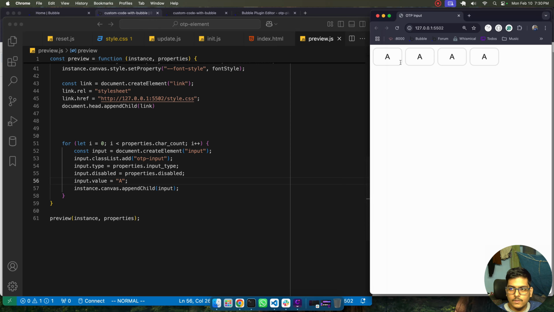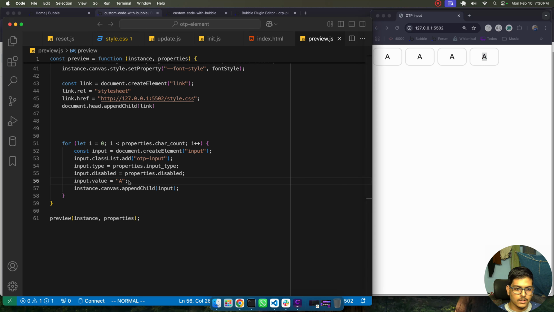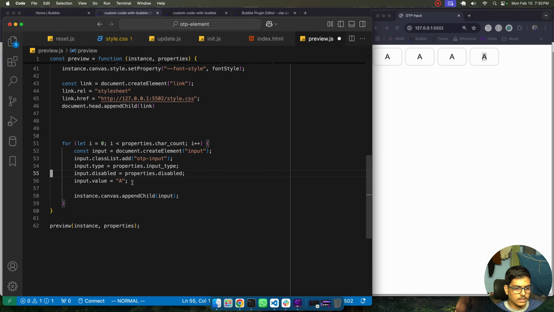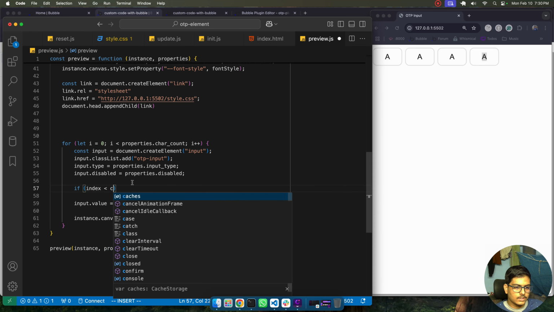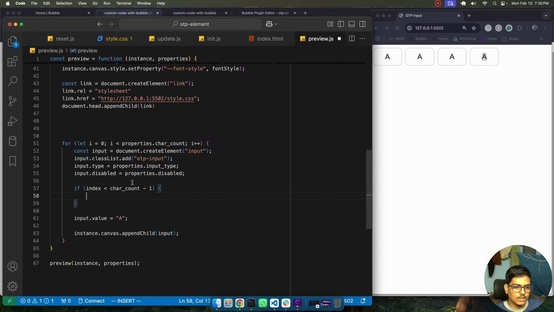Now it will show A. We don't want A to be filled in the last element, so we have to do it this way. We can do: if index is less than car count minus 1. So if there are 4 elements, that means if index is less than 4 minus 1, which is 3,